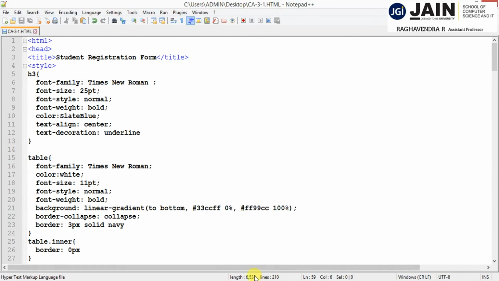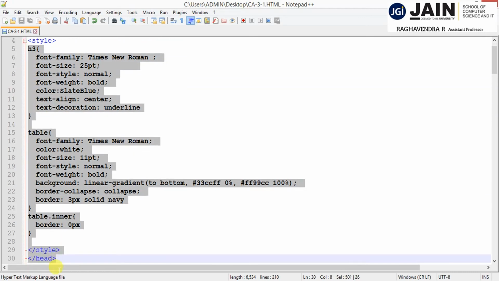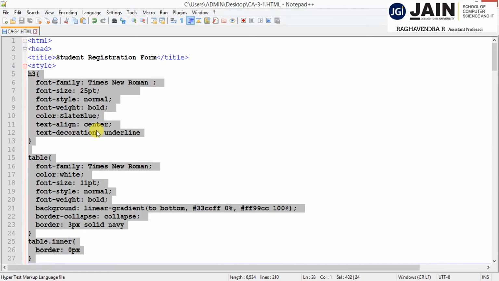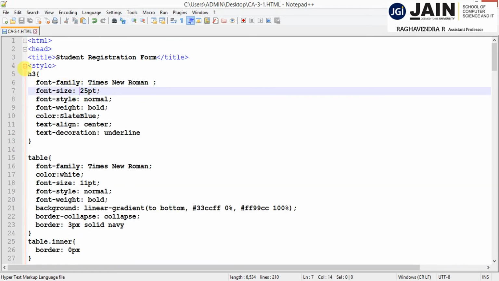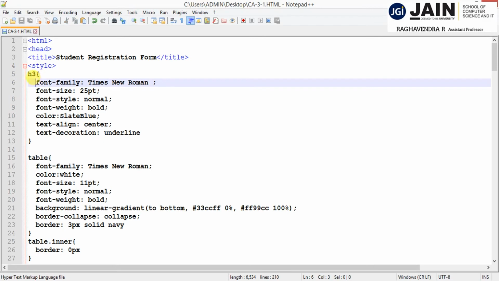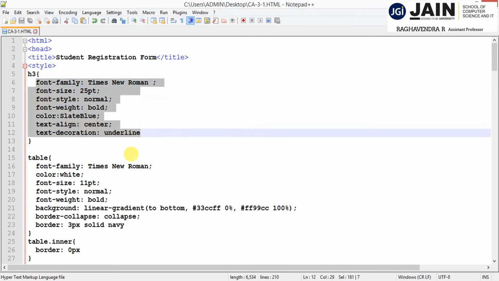Okay, so first, as usual, opening the HTML, creating the head and the title. I'm giving the title student registration form, and style. In the style, I'm using the inner CSS, the inner style sheet. I'm taking the H3, heading 3 tag. For that I'm defining some font and text properties.